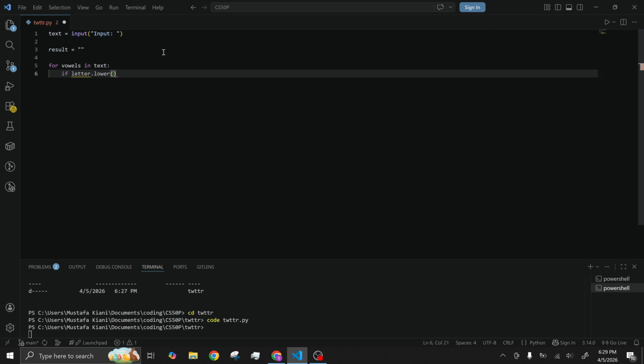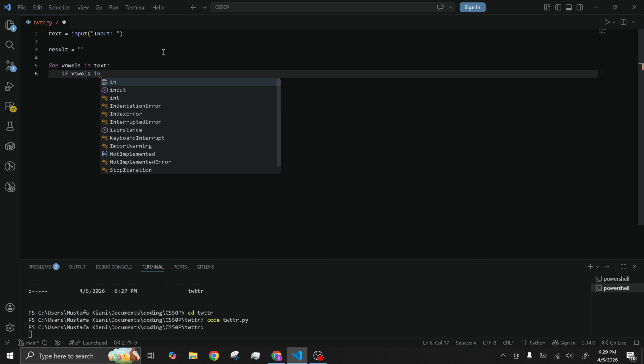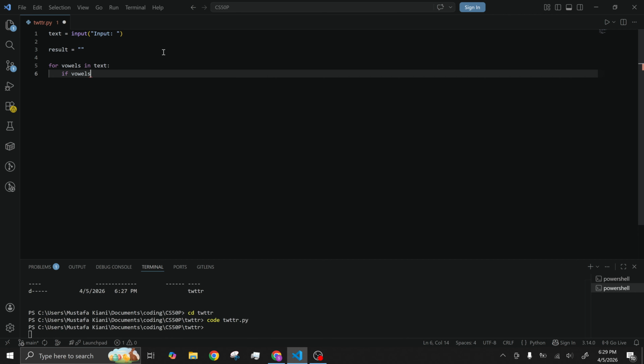So let's just make it lowercase. If letter dot lower... no sorry, for vowels in text, make this lower. So if vowels dot lower, meaning if the vowels are lower and they are